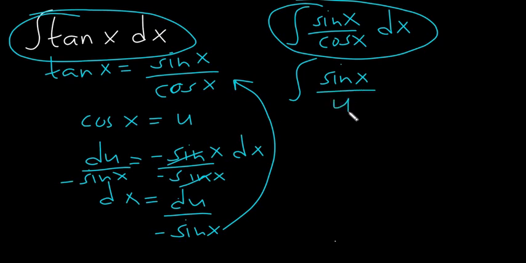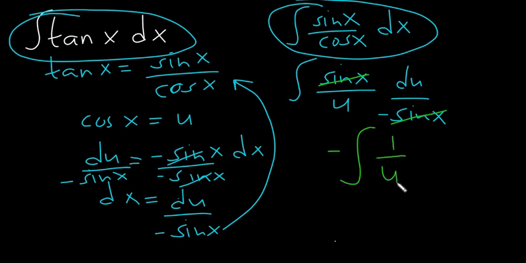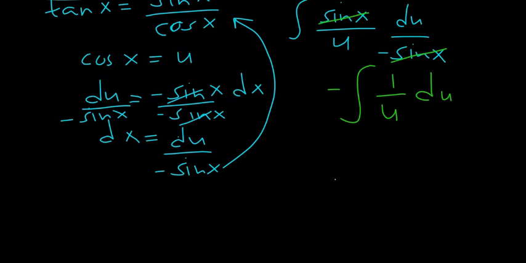So we're going to replace cosine x with u, and then we're going to replace dx with du all over negative sine x. Okay, so sine x will cancel out with this one, sine x divided by negative sine x. So this negative, we're going to move it just before the integral, so that we have 1 all over u du. Okay, so we're going to find the integral of 1 over u, and the integral of 1 over u is going to be, so we have a negative here, the natural log of u